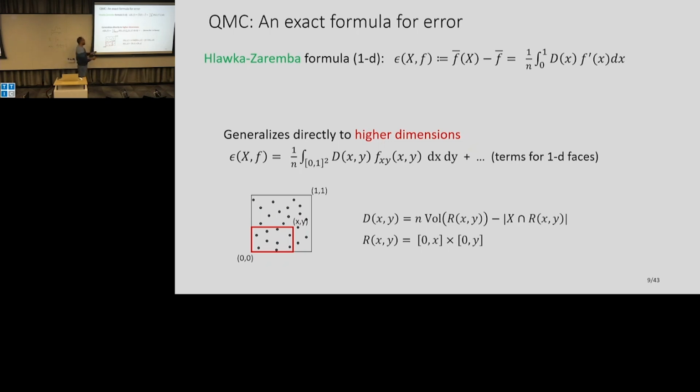And you can think of this as a function, right? As I vary x and y, this is a different value. And so this error is just the integration. And this f of xy denotes the second partial derivative with respect to x and y. Actually, in one dimension it was pretty simple, but if you do multi-dimensional integration by parts, you'll also get exponentially many terms, like 2 to the d, because of different low dimensional faces and so on, but let's not worry about that. So morally it looks something like this.